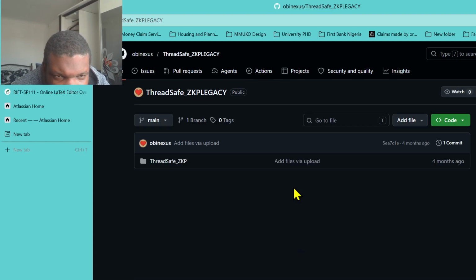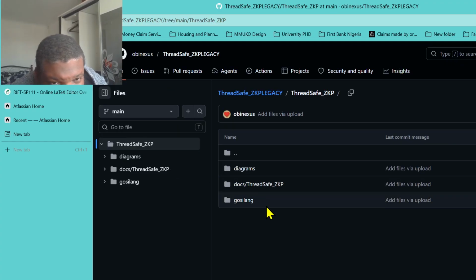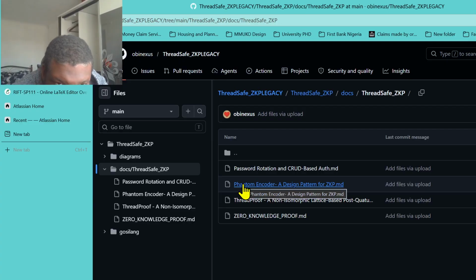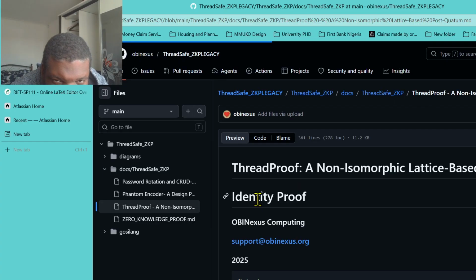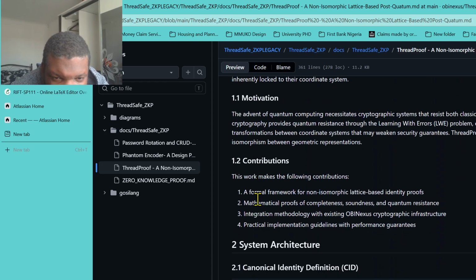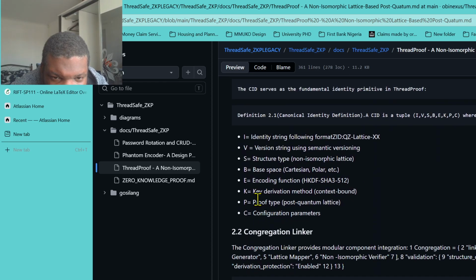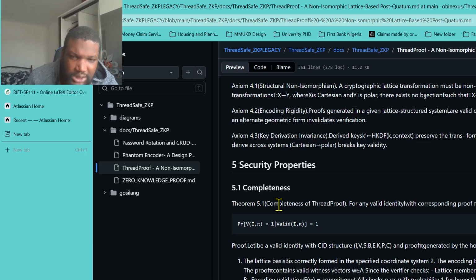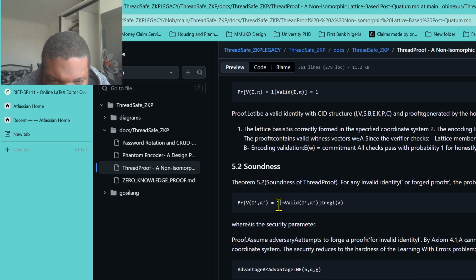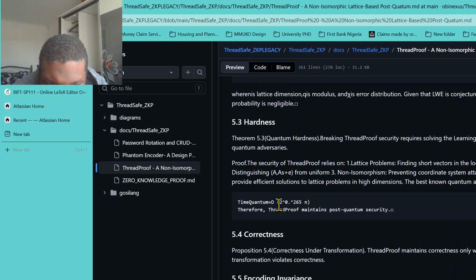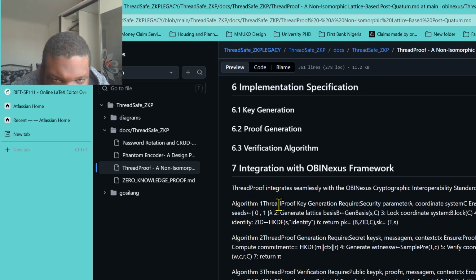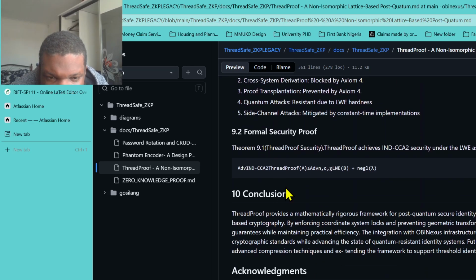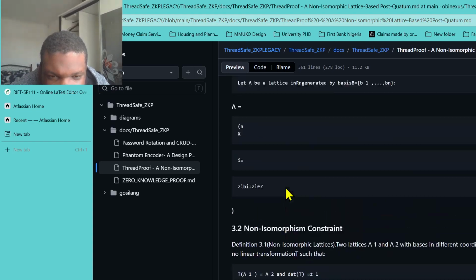So this is all my papers here. I'm trying to find that one document. So this is support. This is not the one I even need. But basically, is it thread safe? This paper is saying that the encoding of a system is about the theorem. So it's a thread proof. It's like the threads don't have side channels because